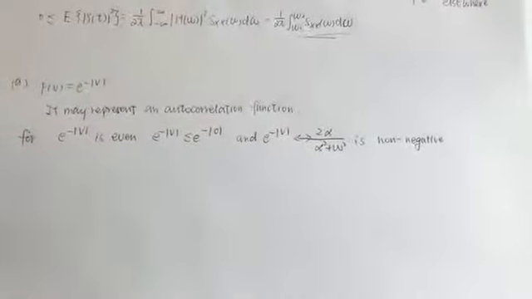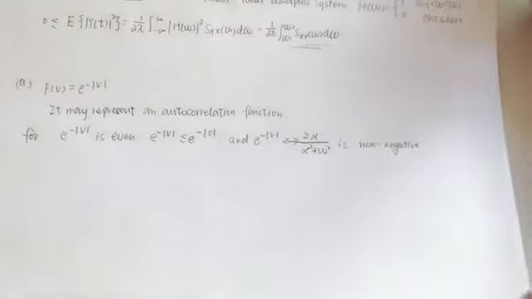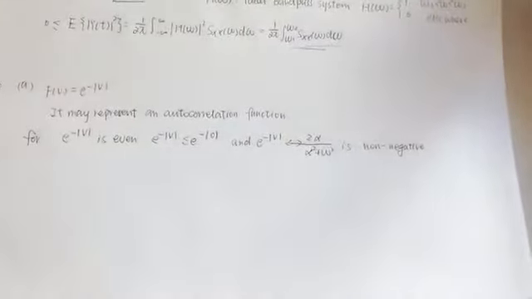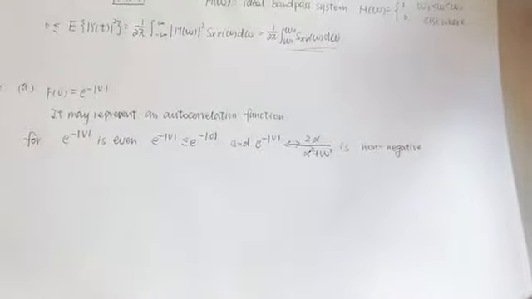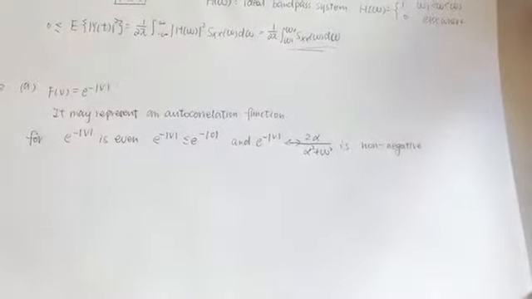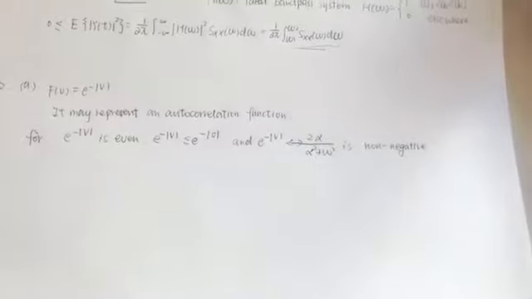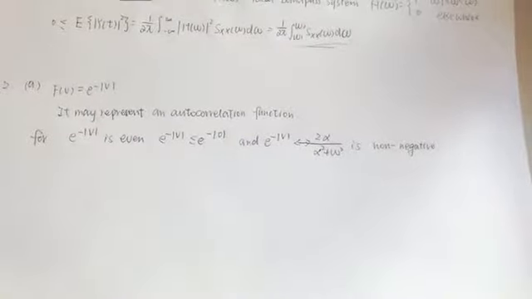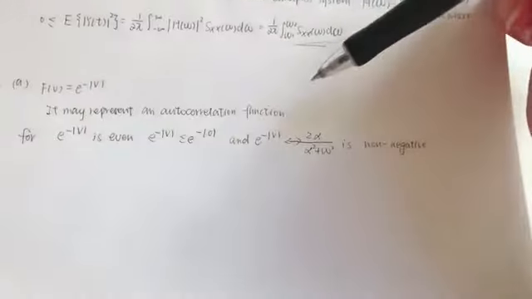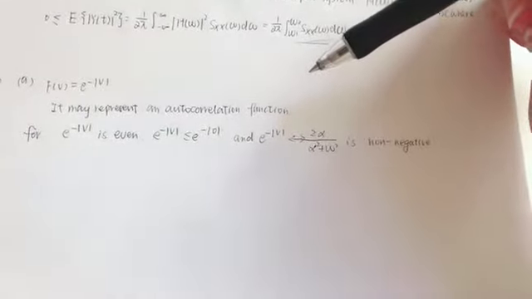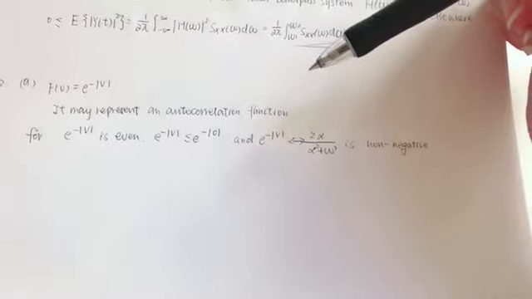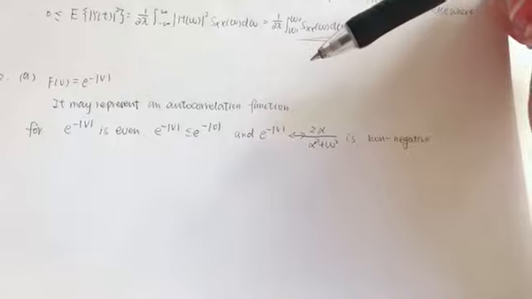First, let's have a look at choice A. F(v) equals e to the power of minus the absolute value of v. At first, we have to state that it can represent an autocorrelation function because